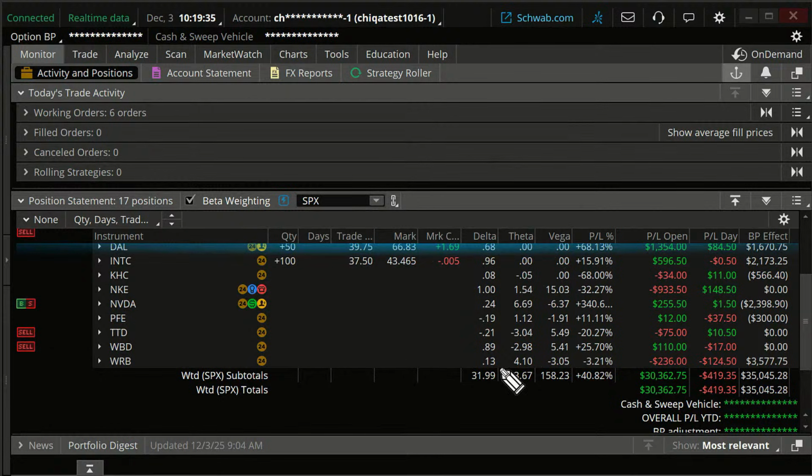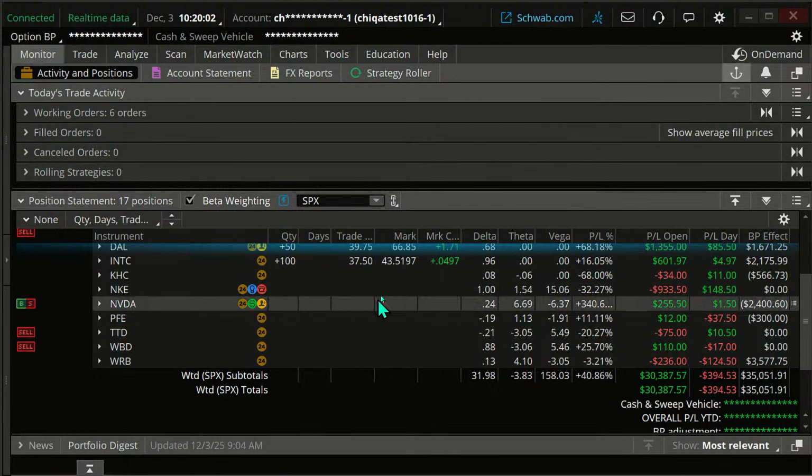If I want to bring this down, if I want to lower this down, if I'm a little concerned, maybe my risk is a little bit high, then maybe I put in a long put here. That's certainly going to affect my beta weighted delta. My theta, I do the long put. It's probably not going to help me in that regard. But right now, this is my bigger concern here on my portfolio. So I'm going to look to do that.